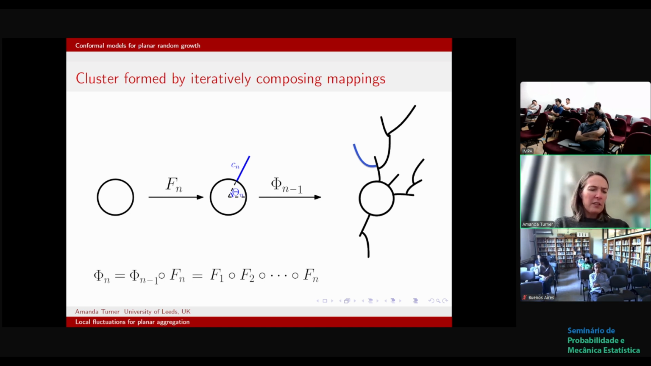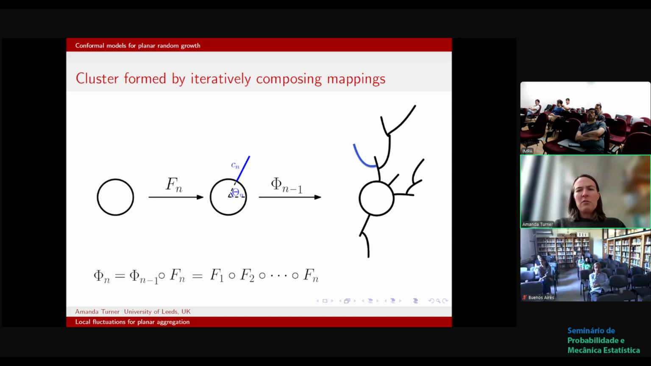So one thing to ask ourselves before we move on is what inputs did we need to be able to construct a cluster? The input we needed was a sequence of capacities and a sequence of angles. If you give me any sequence of capacities and any sequence of angles, I can construct these mappings Fn, and then I can just compose them, and I can give you back the cluster that results from that